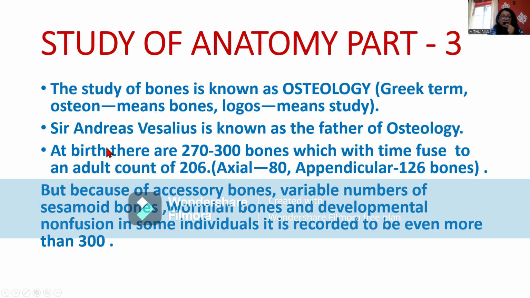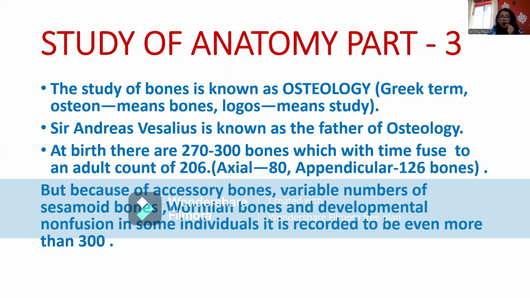Now, to start with, at birth the total count of bones in the human body is approximately 270 to even 300 bones, because each of the long bones or other bones is divided into parts. They are not fused with one another, so they appear as separate areas of bone mass. So the count goes on increasing. As we develop into adults, the count of the bones comes down to